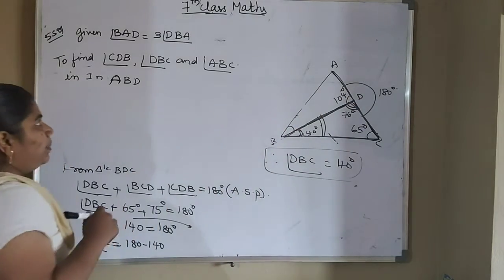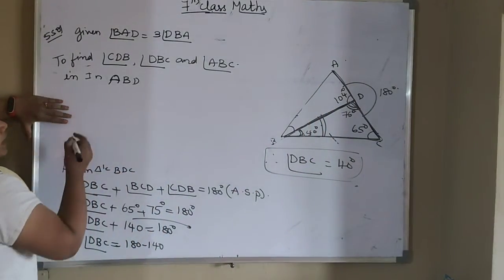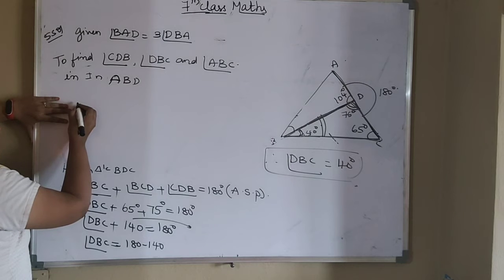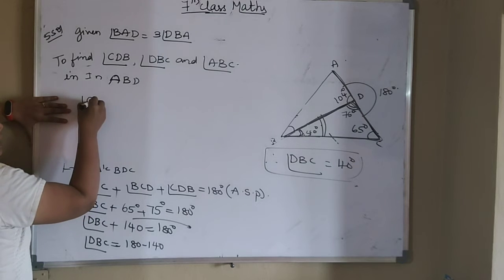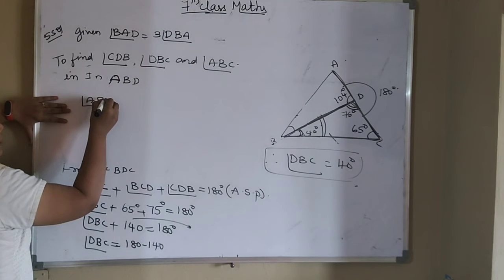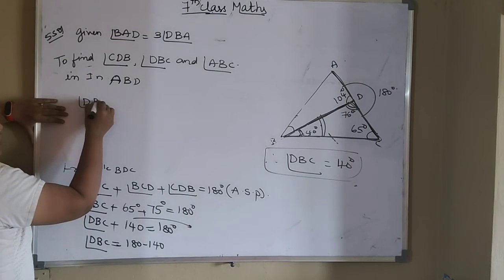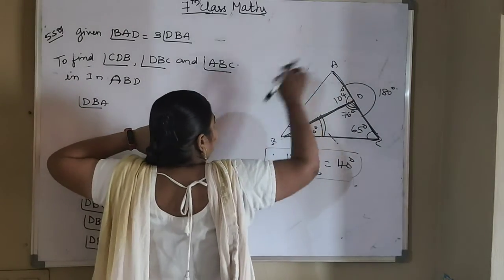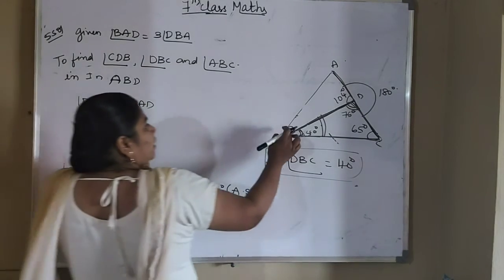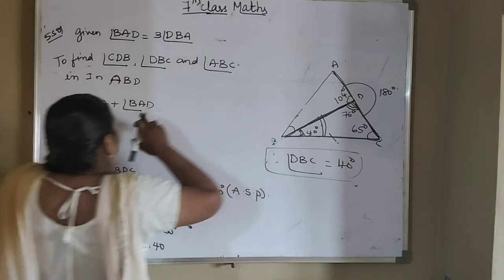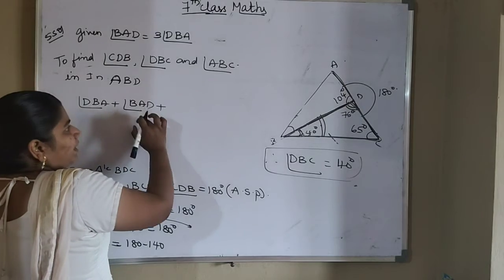So angle B we can write, first write angle B, angle C and angle A. So what is angle B? Angle B you can write in the form of ABD or DBA. Yes, you can write it as DBA. Now angle A I am writing in the form of BAD. Always you see the middle alphabet. A is an angle, B is an angle. Okay, so next we got B angle, A angle.